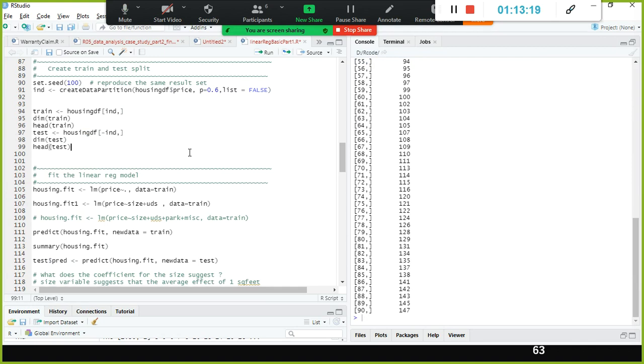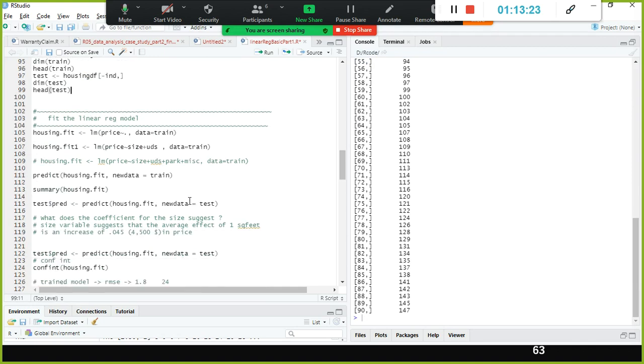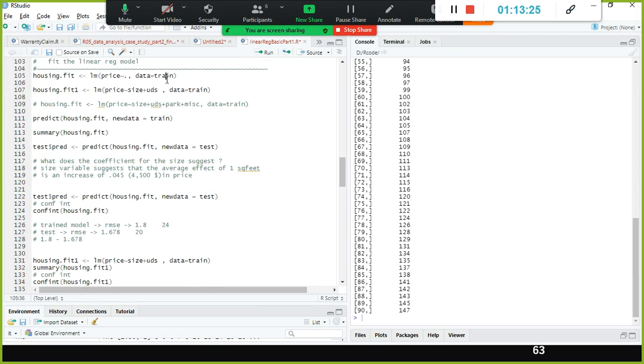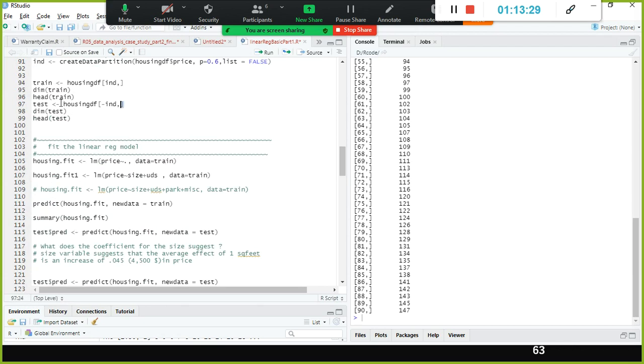Got it? So this is what we use. Now the training data set is different and the test data set is completely different. My model did not even see this test data set.